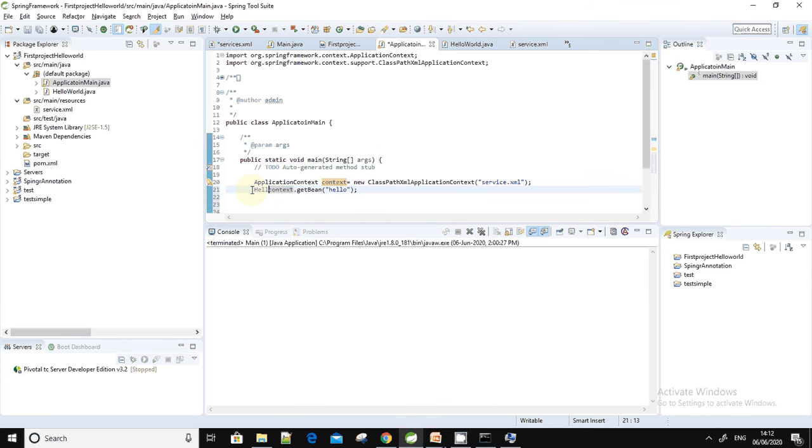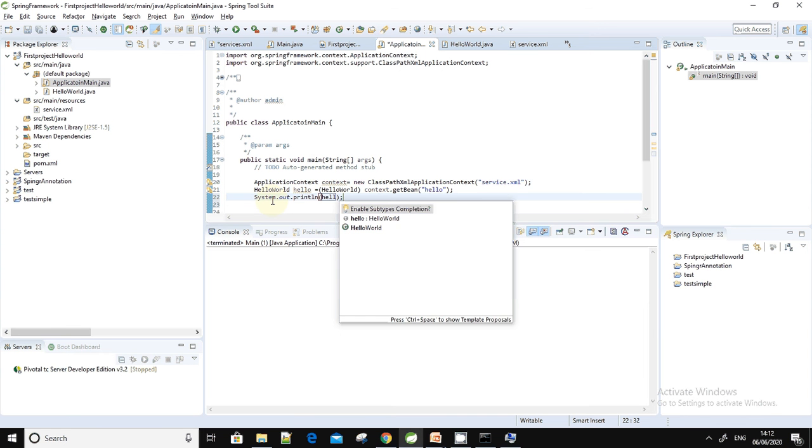For getting this bean, we need to create a HelloWorld instance of that class, and we need typecasting because it doesn't know what the class is while compiling. Then we'll use a sysout to print hello.getMessage.